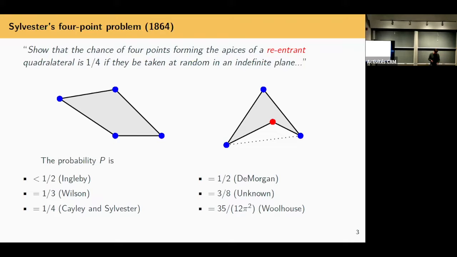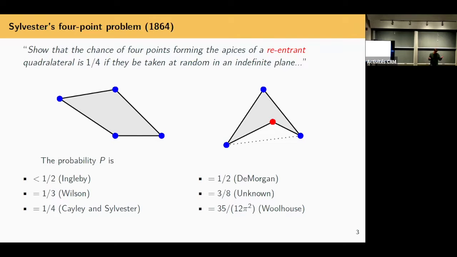So if you look at and analyze this question with this perspective, then you're led naturally to restrict, for example, to compact sets, retain the translation invariance, and also impose a convexity condition. And if you think a little bit more, the 4-point problem is actually a 3-point problem. Because once I've selected 3 points, I want to know if the 4th one is a 4th vertex or it lands in the triangle generated by the first 3.